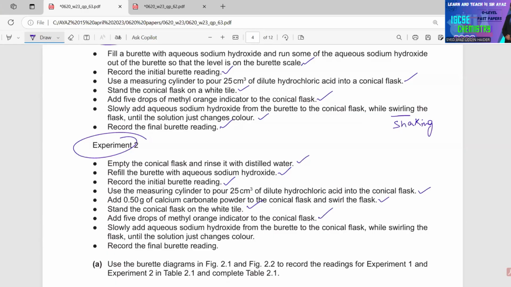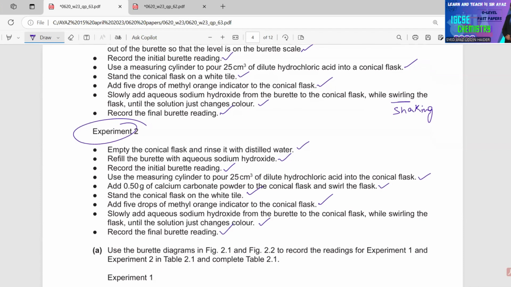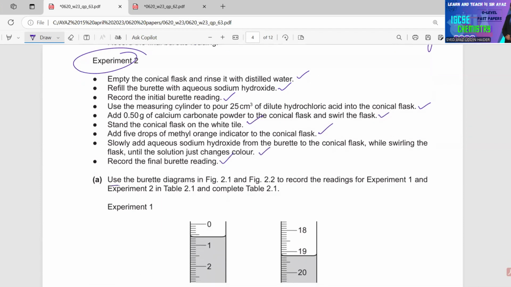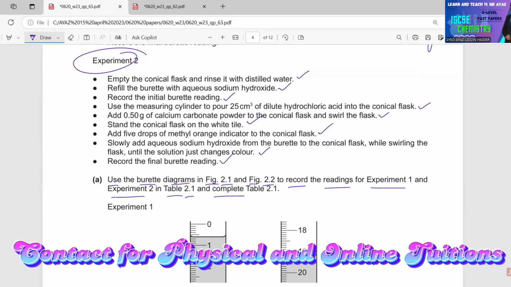Slowly add aqueous sodium hydroxide from the burette to the conical flask while swirling the flask until the solution just changes color. Record the final burette reading. Part A. Use the burette diagrams in figure 2.1 and figure 2.2 to record the readings for experiment 1 and experiment 2 in table 2.1 and complete table